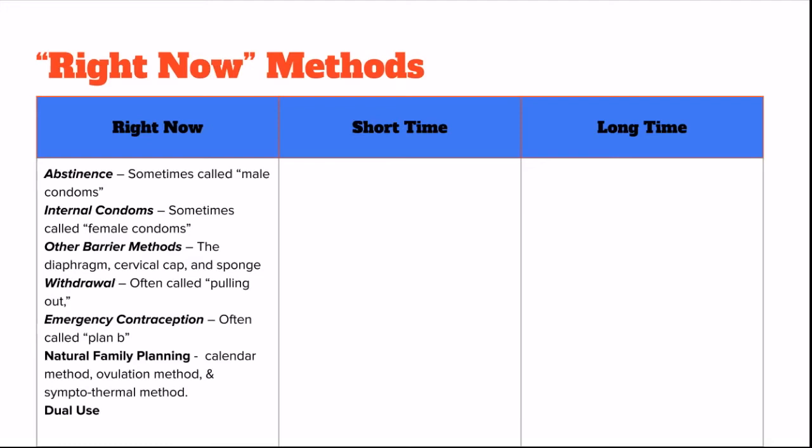Lastly, in this column, we have dual usage, which will fall into all 3 categories we have in our chart. This method is when people who have vaginal sex want to get the most effective protection by using a condom in addition to another method. This acts as a double layer of protection and helps protect them against both unintended pregnancy and STIs. It is important that I mention that this method does not effectively apply to using 2 condoms at once, as doing this can cause the latex to break.